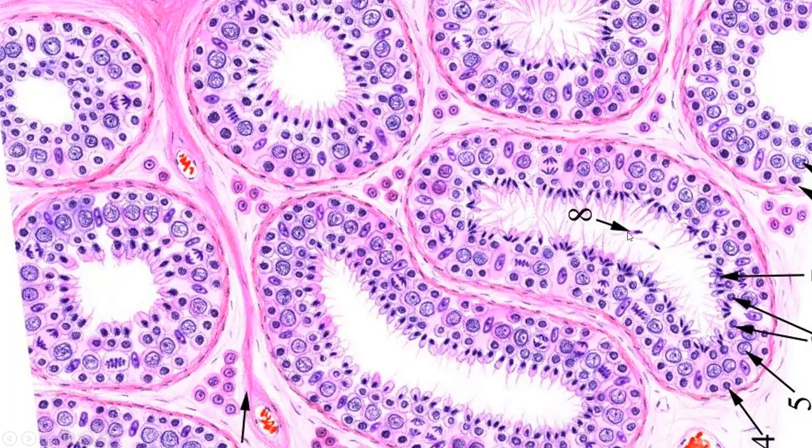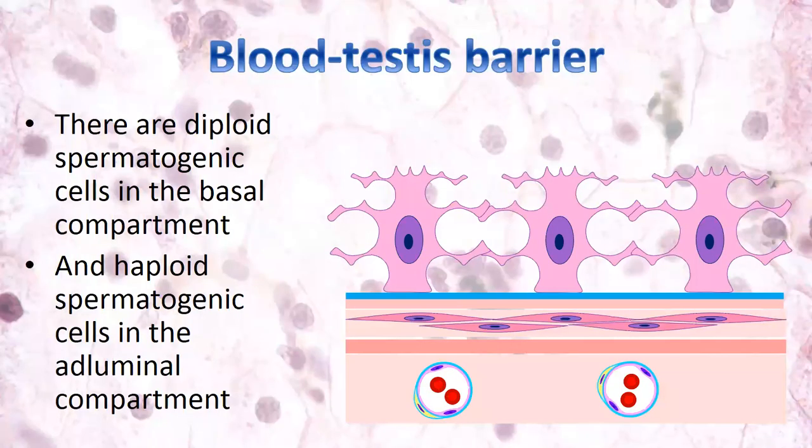become spermatozoa. So in different seminiferous tubules, spermatogenesis is at different stages. Some tubules are at the final stages of spermatogenesis, some are at the early stages, some are at the intermediate stages, and this keeps a continuous presence of mature spermatozoa in the spermatogenic tubules in the testes, and it provides continuous fertility. And also you should know about a special structure, a special phenomenon in the testes, which is called the blood-testis